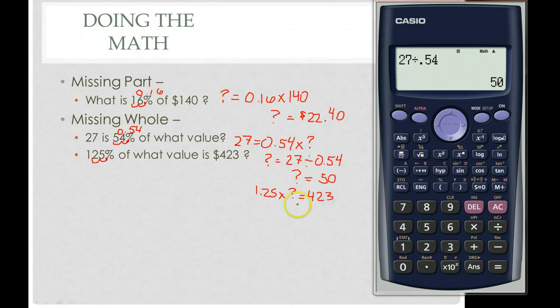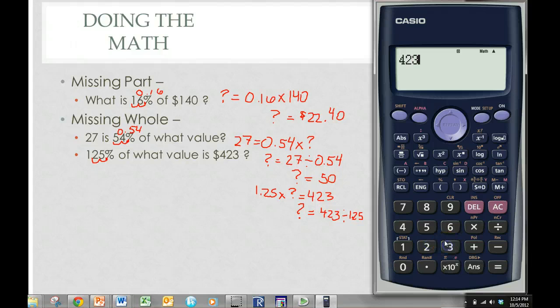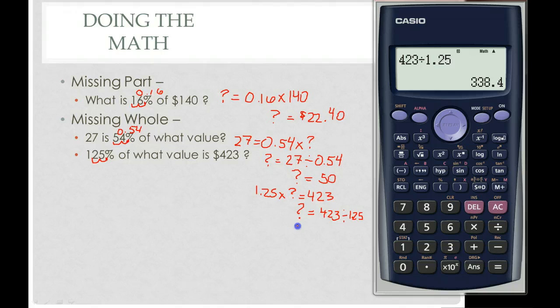423. Now again, remember, since I'm multiplying a number times the question mark, to figure out what the question mark is, I have to divide by that number, 1.25. So I take 423, I divide it by 1.25, and I get 338.4. So 125% of 338.4